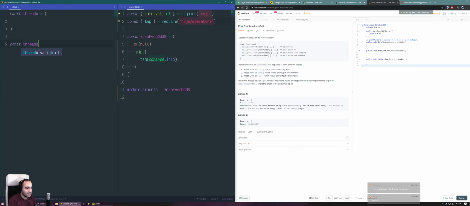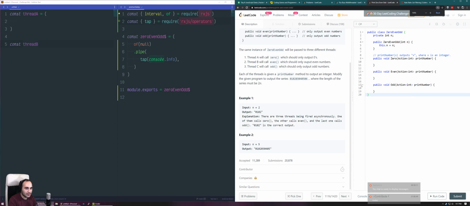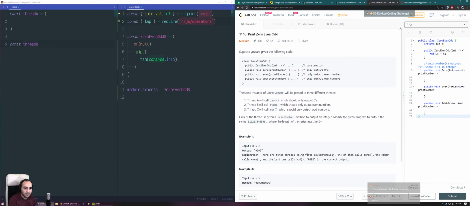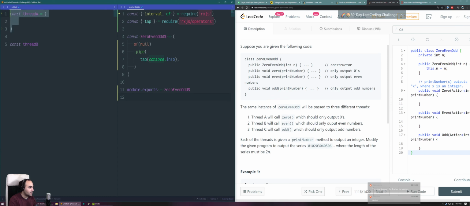Thread B. And I know you probably can't read this. I just realized. Let's see if I can get rid of this side. You don't really need to see the code. You just need to see the question. I don't see another way to do this. We'll just make there. Now you should be able to see the question. Why don't I just copy paste this? Thread B. We just grab all these,